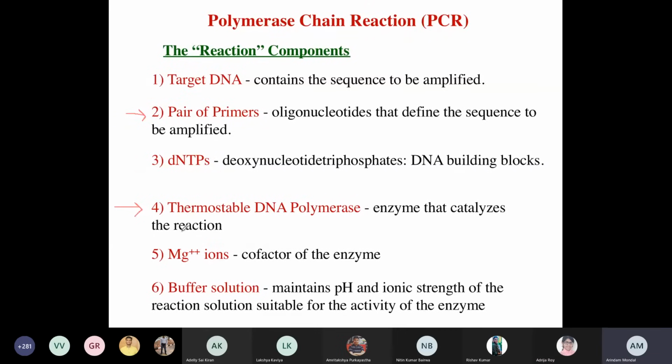Just like you heat the egg white and it gets denatured, similarly, you heat your DNA polymerase at a really high temperature, it will be destroyed. It will be denatured. It will lose its activity, right? That's why you need an enzyme which should be stable at a really high temperature, a DNA polymerase which will be stable at a really high temperature. Okay, for that